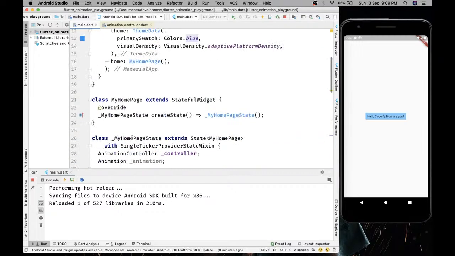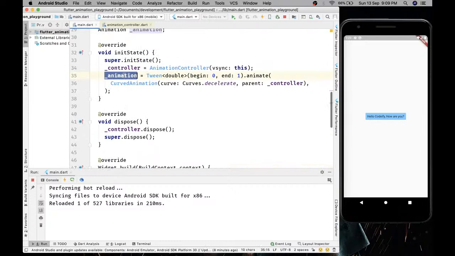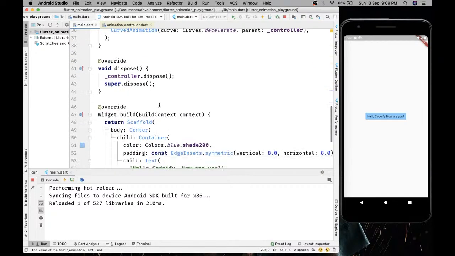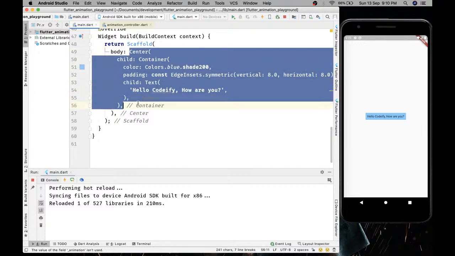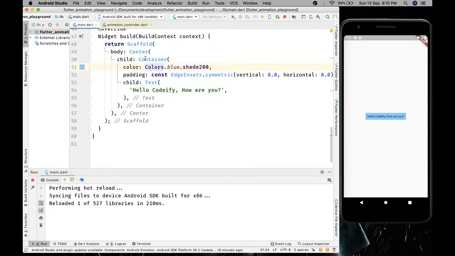Okay, now we got our animation controller, we got our animation. Now how can we actually use this animation inside our widget? We got a container, and we want to move it from one place to another. Like when I swipe to the right side, it should move, and it should bounce back to the same position again. So how will our widget understand that I have swiped to the right? To do so, we will be using a